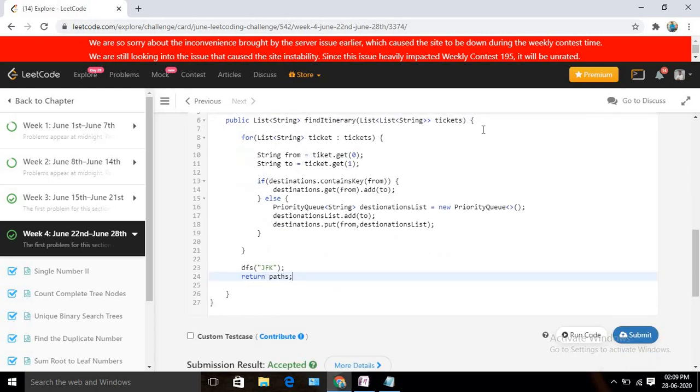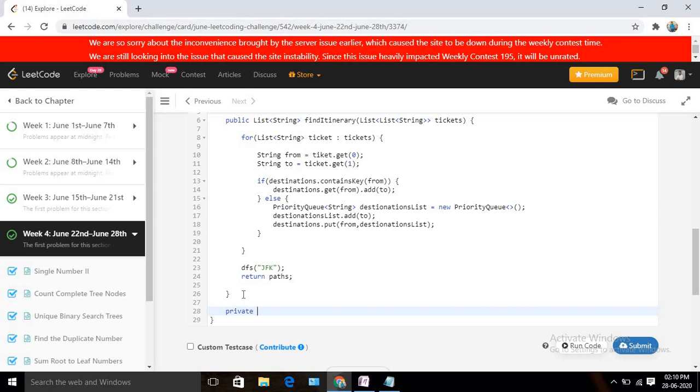Now I am going to create my DFS function here. I am not going to return anything, so the return type will be void, and it should be DFS. What I am going to pass is the starting name or starting point.